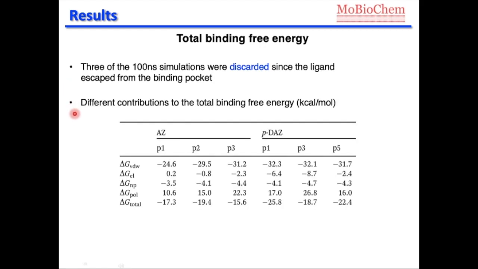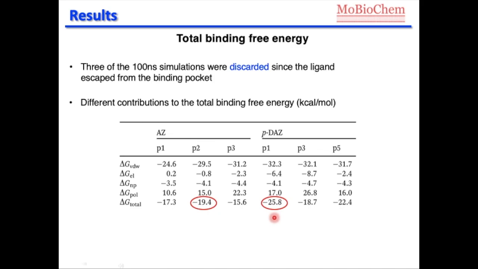First of all, 3 of the 100 nanosecond simulations were discarded, since the ligand escaped from the binding pocket. Now, from the table, we can observe that the highest binding free energy for azobenzene is in pocket 2, while in the case of p-diaminoazobenzene it is in pocket 1. Both of those two pockets are close to the selectivity filter, which is in agreement with previous docking simulation and